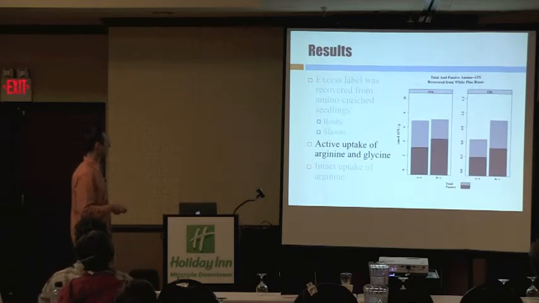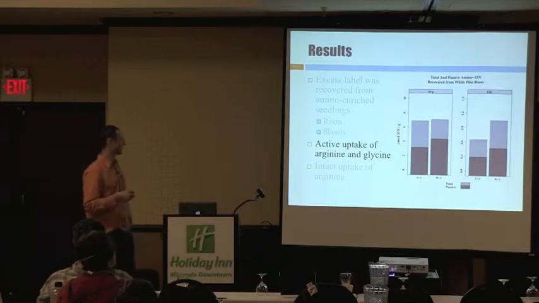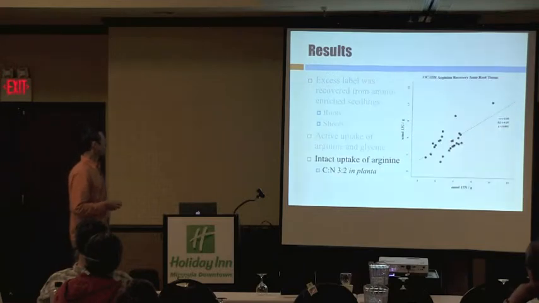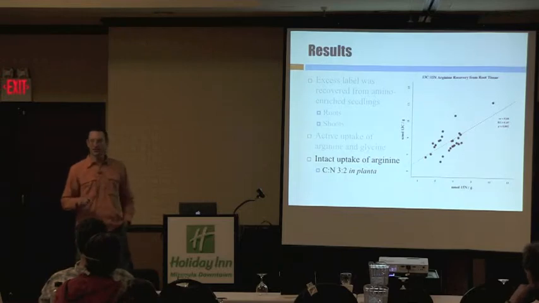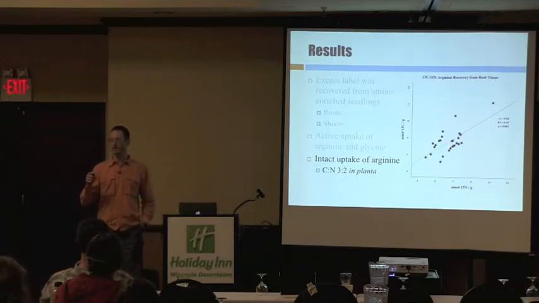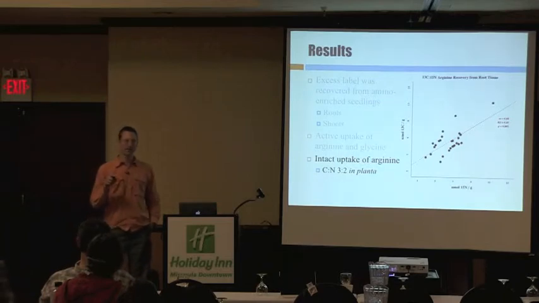Passive uptake estimated from those unreplicated samples. So we do confirm with this that there's active uptake of arginine and glycine occurring in western white pine. They have that ability. Then we also use, this is why we use that dual labeled. So the arginine we use had isotope labeled C and isotope labeled N, because there's always the possibility that there